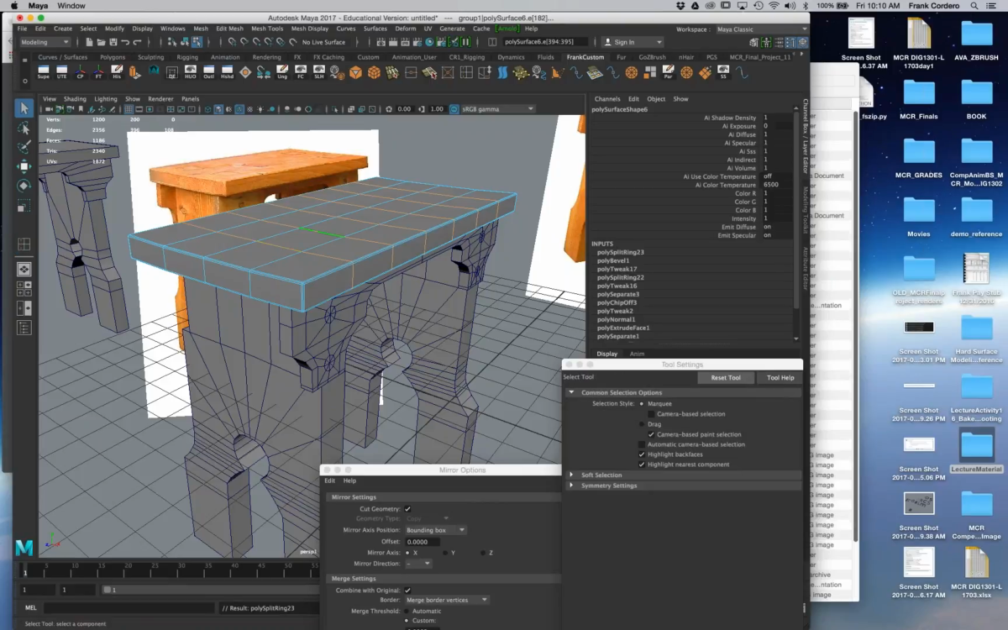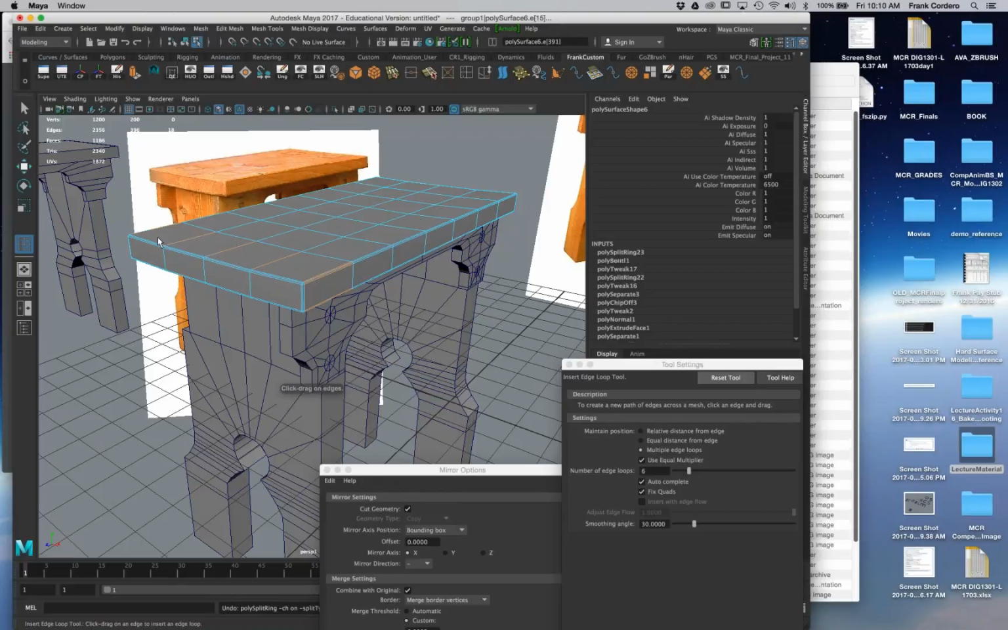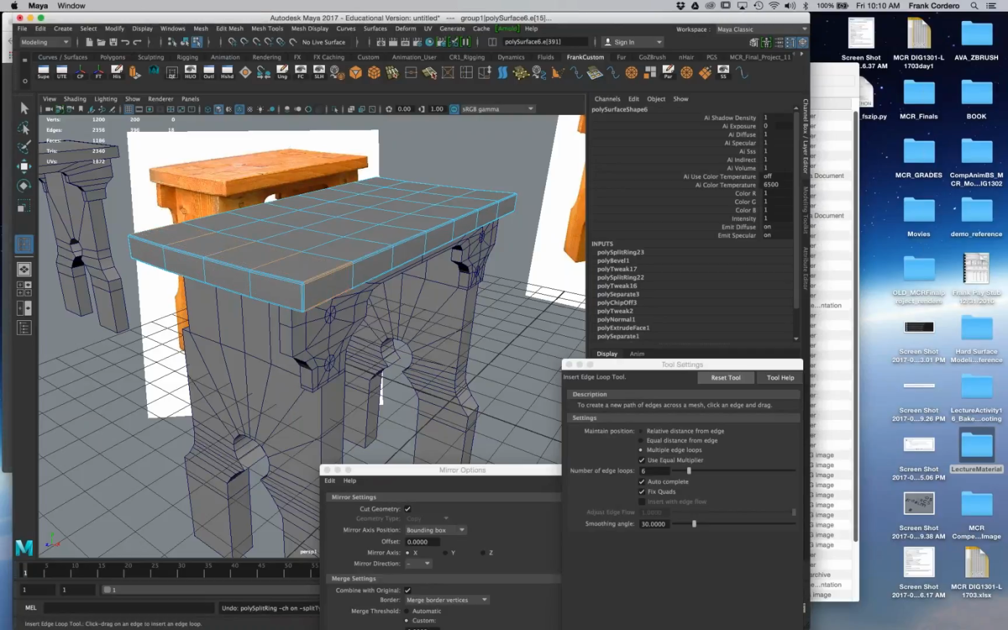And then maybe I'll isolate the edges. Whoops, that's too much. I'm going to turn this off because someone's phone is killing me here. All right, so now maybe I'll just selectively